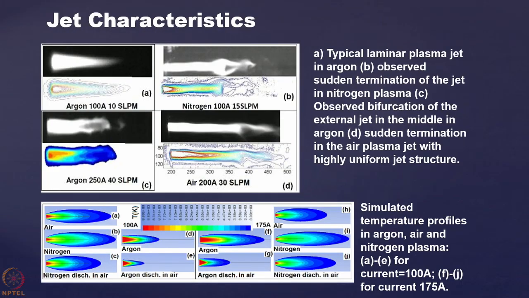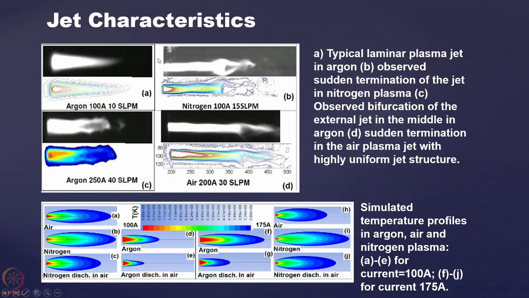Now you will be surprised that we have recorded these types of objects at a rate of say 25,000 frames per second. These images show that in 1 second you are getting some 25,000 frames, and the camera has the facility that you can cut down the intensity. As you digitally cut down the intensity, you reach a stage where almost most of the intensities are cut down, and only the very bright zone, the highest temperature plasma zone, is now visible.